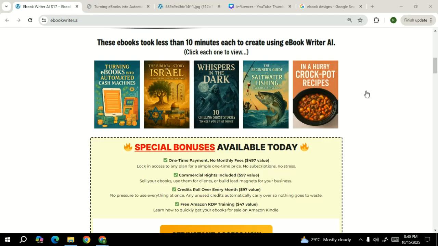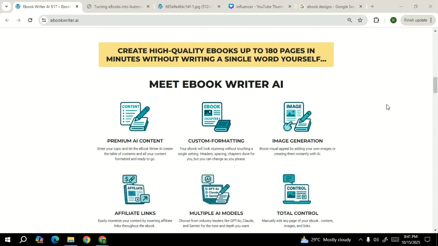You can pick from multiple design templates, from sleek and modern to classic and elegant, depending on your niche and style. Want to customize it further? You can easily change fonts, colors, and alignment. No design background or software needed. The AI even ensures your formatting looks great on Kindle, tablets, and phones, so your readers get a seamless experience